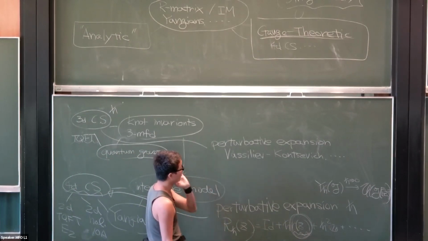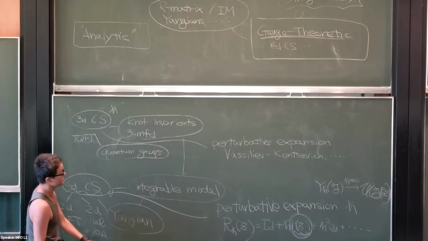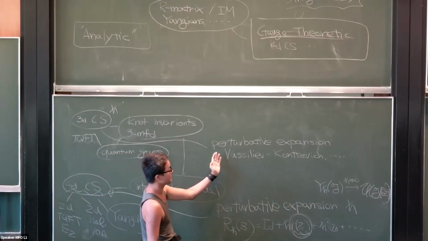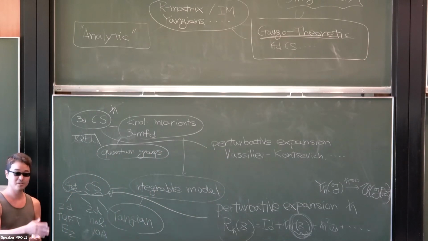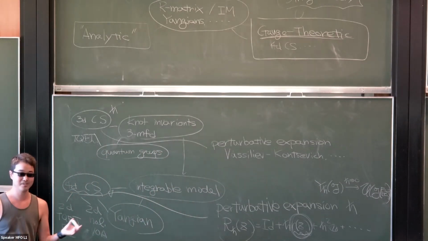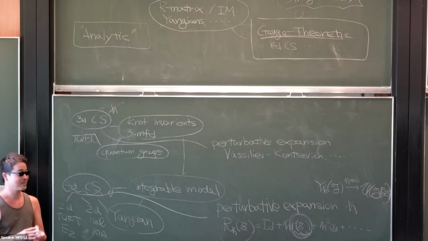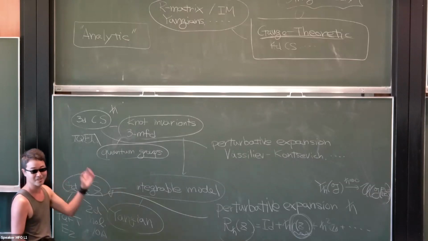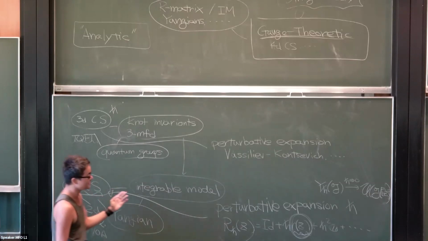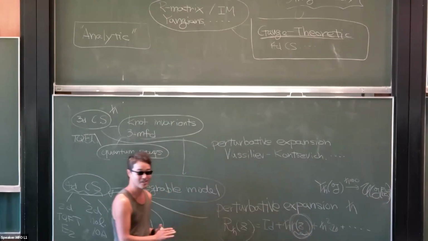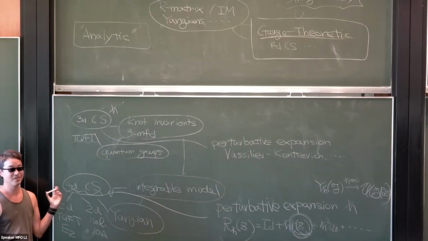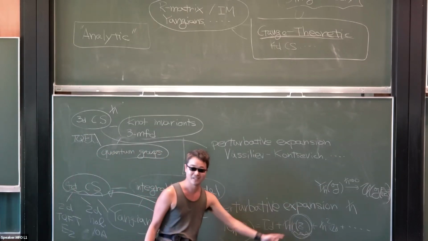Of course, in this case it was related, because the perturbative expansion of Chern-Simons theory is one aspect of how to formulate the WRT invariant, and it gives order by order corrections. Quite often you can actually sum it up to a well-defined series. The perturbative expansion is usually a divergent series, but you can sum it up and obtain the full answer, which is the WRT invariant. That is the point of summing up the perturbative expansion. In general, quantum field theory is hard to define non-perturbatively. When physicists claim they know what a quantum field theory is, typically they know how to compute the perturbative expansion, which is a divergent series.